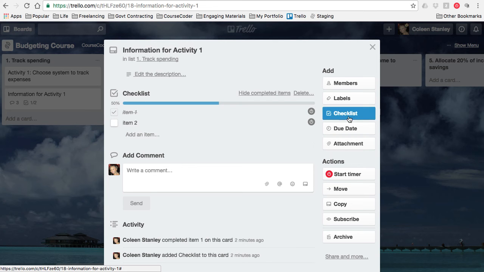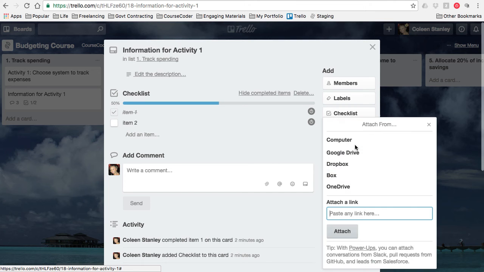All right, so moving on, we have our due date. So that's pretty self-explanatory. I think this links up with Google Calendar or iCal or something. It links up with another app. You can check that out as well. I don't use it anymore. I have enough alerts and my calendar is jam-packed. So I just kind of come in here and use this more for planning and designing, not to enter my due dates. And then under attachment, again, you can attach various things that